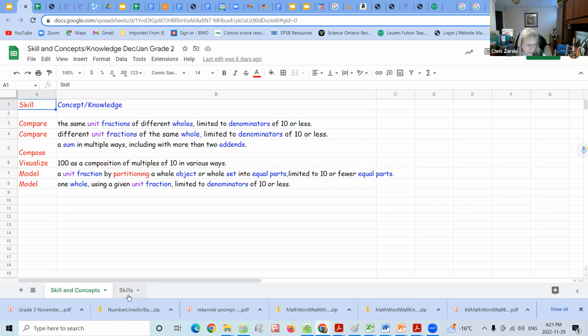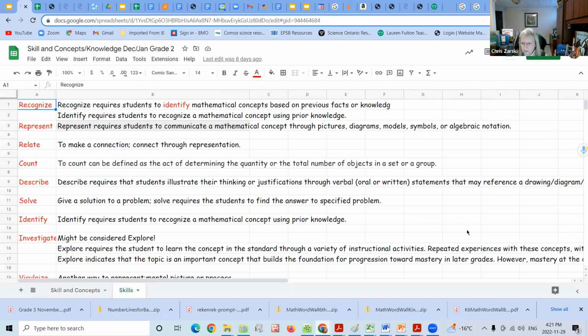At the bottom of your template, you'll also see skills. So we're working on giving you a common little bit of a dictionary of what some of those words are, whether you choose to reword them a bit when you're working with the students. These are not meant to be put on the board and for them to copy down. It's just really when we're unpacking it. So maybe we're all at least approaching it from some common language, some common perspective. We will continue to build on this. We're going to continue to refine them. And then hopefully after Christmas, we will have a complete document for you.